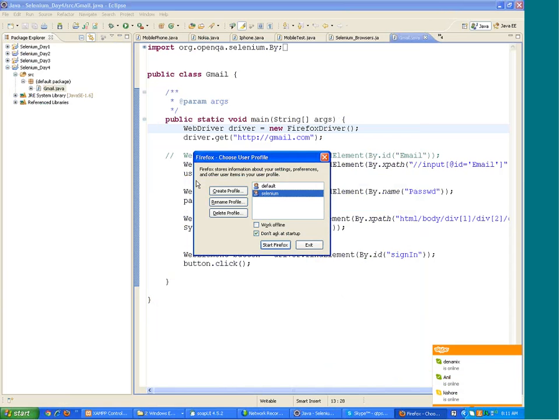Each profile will have its own setting. Suppose I am working on this machine, fine, that is fine, I have a Firefox, but sometimes if you want to change the proxy settings and do the testing, you can create a separate profile, change the proxy settings in it and do the testing,